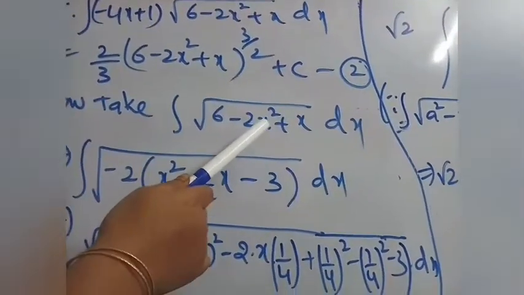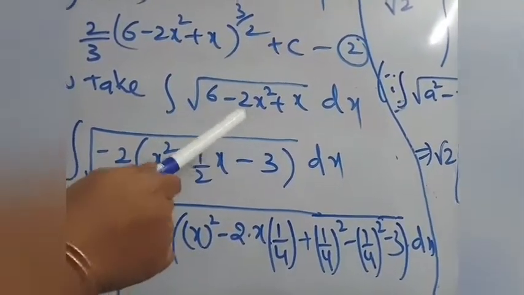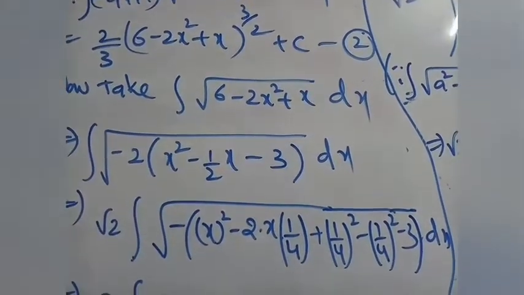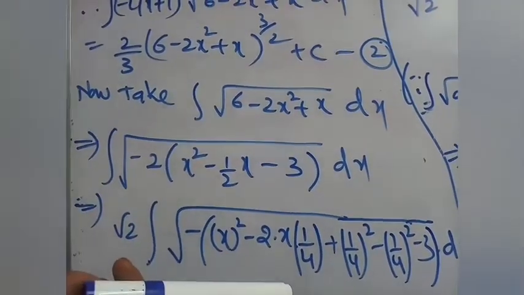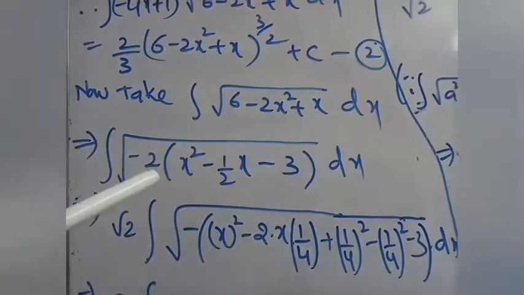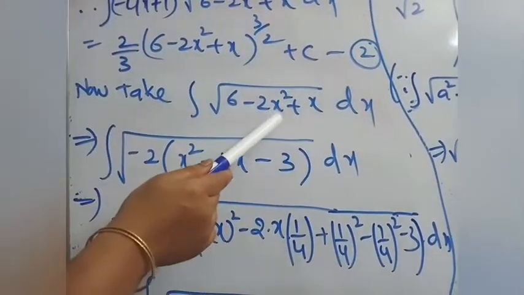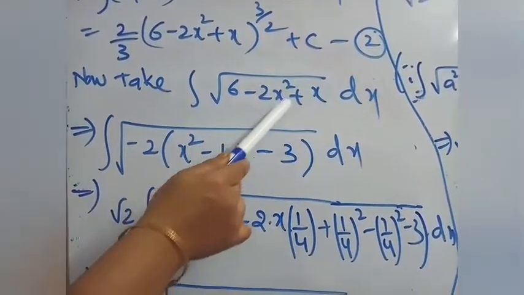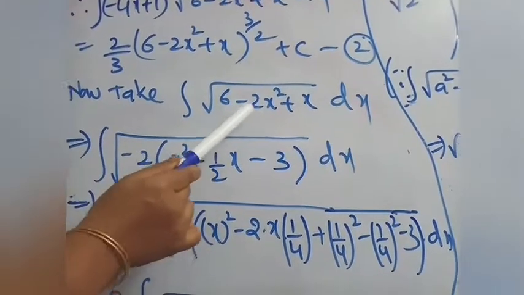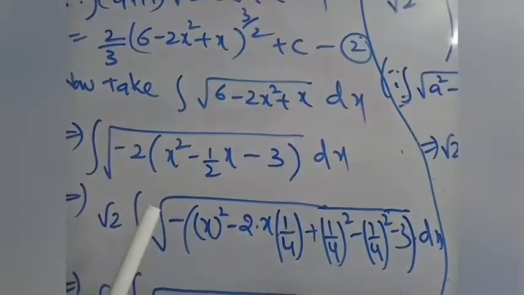ax square plus bx plus c. So how to convert this? This converting into beta square minus x minus alpha whole square, or x minus alpha whole square minus beta square. That means converting into a minus b whole square form. So for that, what we need to do is take the x square coefficient as common first of all. What is the x square coefficient here? Minus 2. Suppose it is 1, no need to take common.